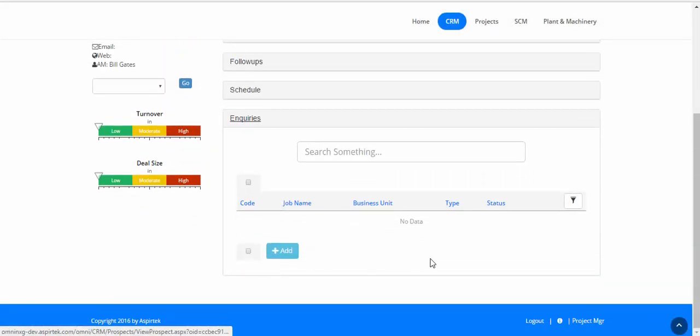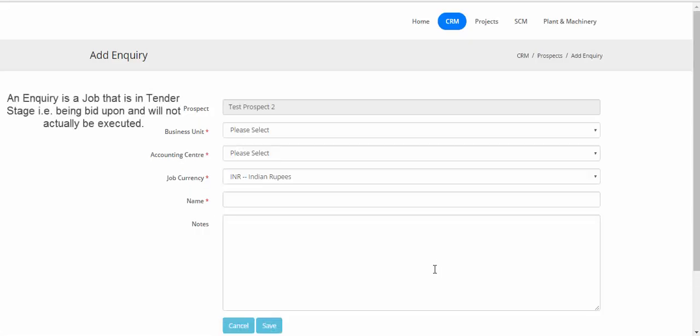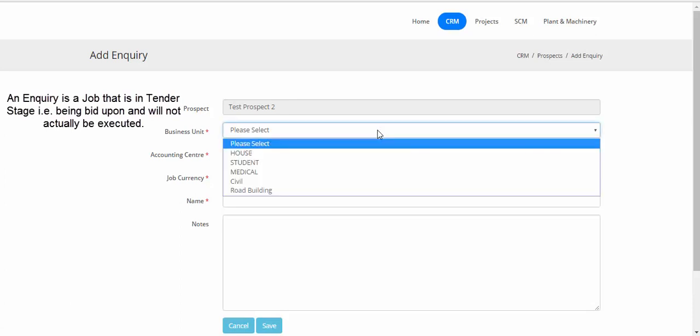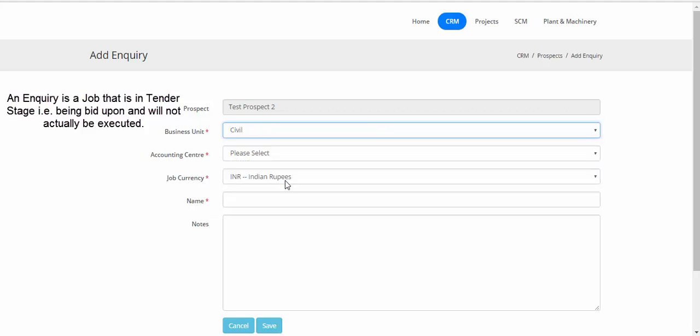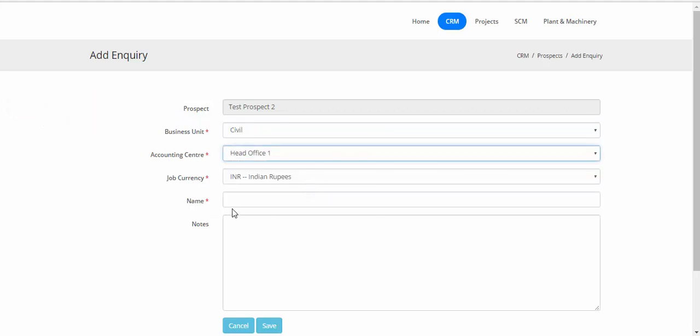An inquiry is the actual tender or the job that we will be bidding for. So the intent of this part of Omni is essentially to add inquiries for particular prospects. So let's add an inquiry to this prospect. We have to choose a business unit, which is essentially the nature of the job. So let's say it's a civil job,